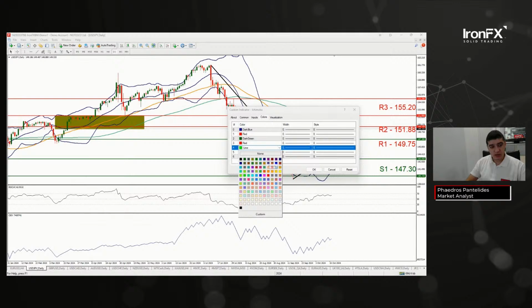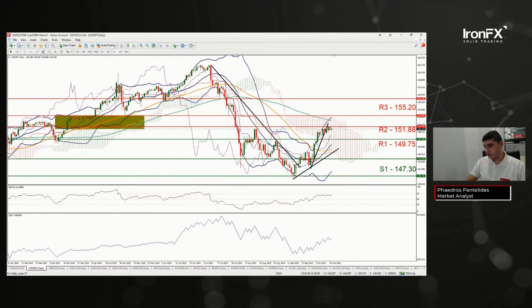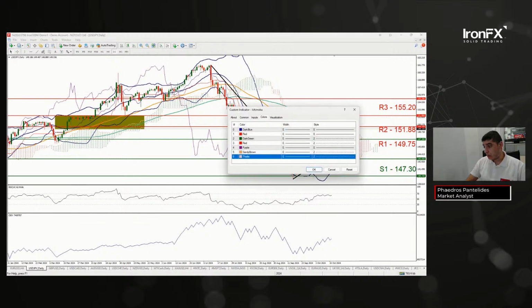So we're going to be adding that to purple. And let's see. So you can see that is a cloud, and then we need to make this slightly larger so that we can see it a bit more clearly. And then I will be adding lagging span 1 and then lagging span 2, which is going to be green, and then once again it's red,